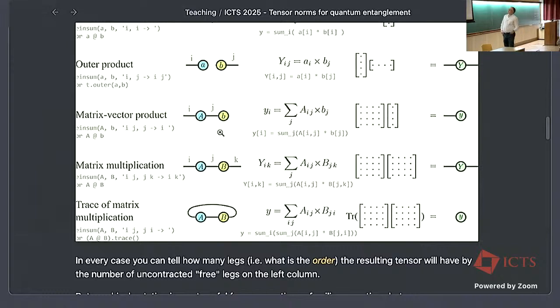Okay. So this is how you can write this simple matrix product, matrix vector product, all this stuff using these tensor diagrams. Okay, so again, the main takeaway is that these contracted edges correspond to sums, and legs sticking out correspond to the fact that the object you are describing here lives in a tensor.